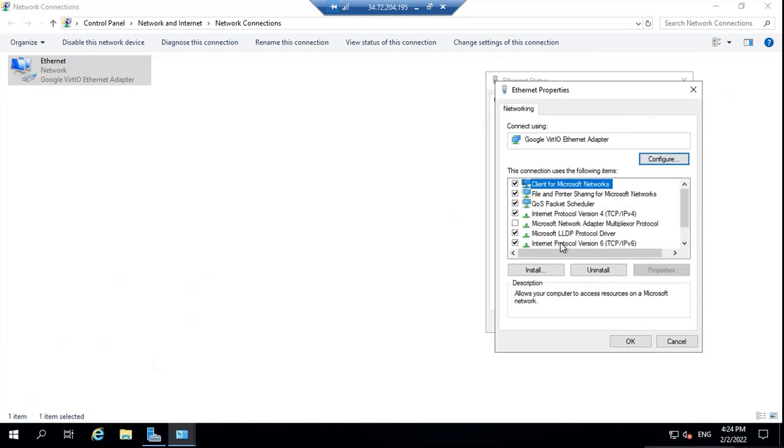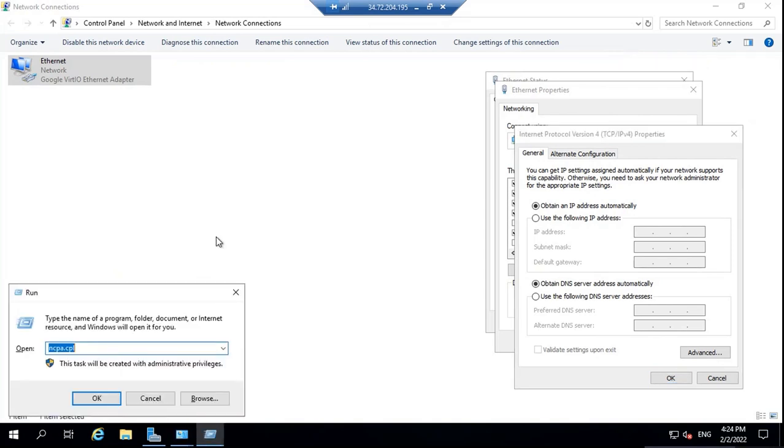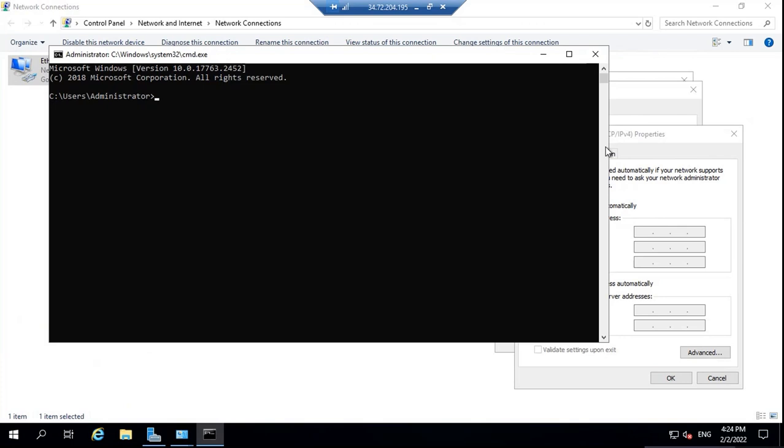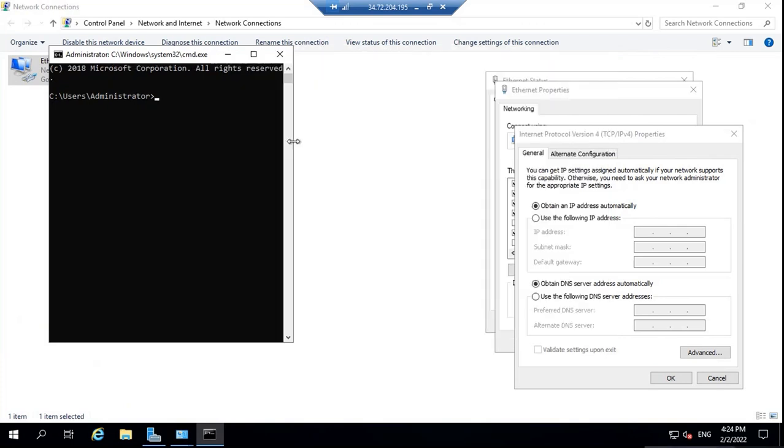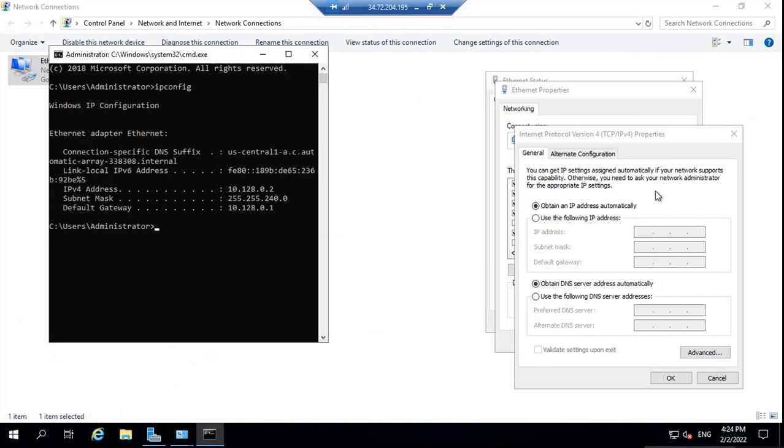Let's go to properties, uncheck IPv6 and go to IPv4. As of now, static IP addresses are not assigned to this particular machine. Let's go to command prompt and check the IP configuration for this server. Let's assign these static IP addresses. IP address is 10.128.0.2. Subnet mask is 255.255.240. And default gateway is